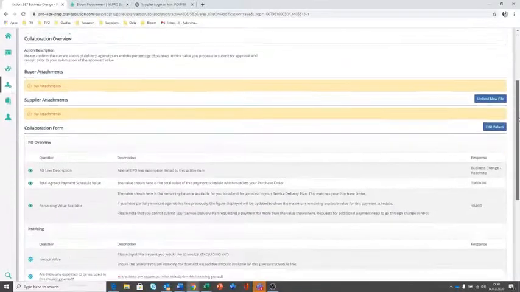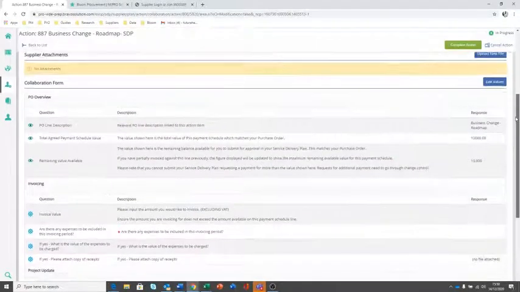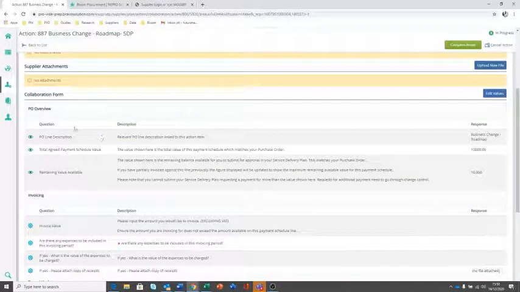In here, if I scroll down, I can see the form where I'm going to submit my update and my billable value for approval. First up is the PO overview. So this is the PO line description, so the piece of work it's associated with. The total agreed payment schedule value, so this is the value as agreed in the work order, £10,000, and the